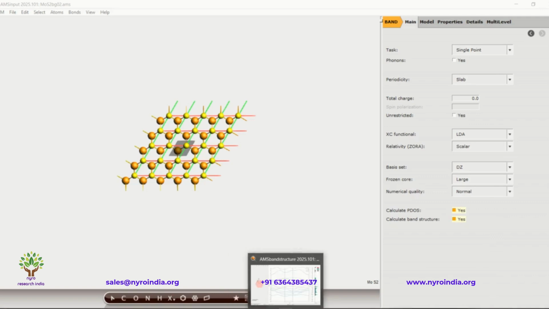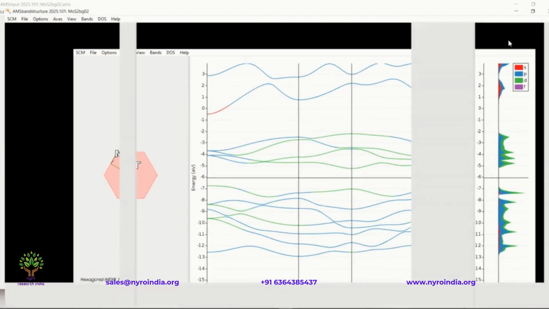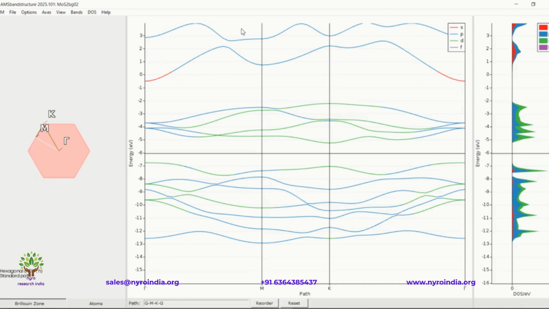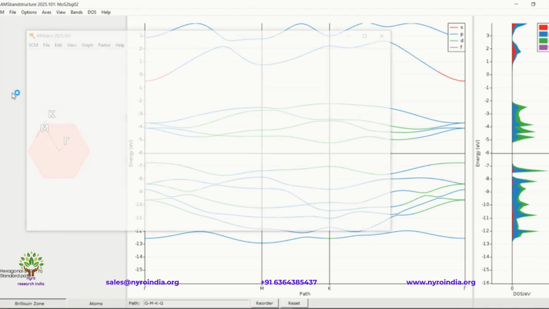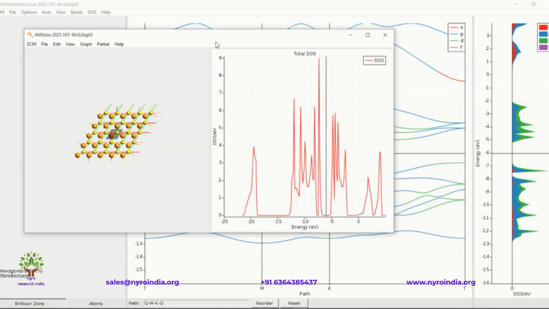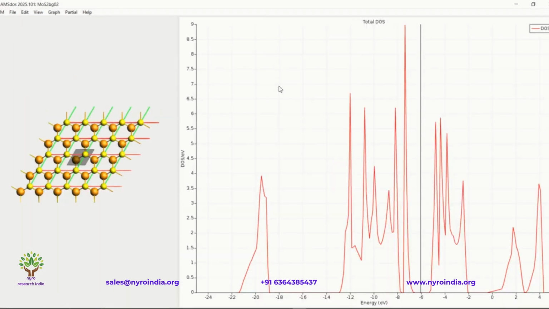Last session I covered the various properties related to band gap and density of state. Today I'm giving you the further analysis part of the density of state calculations, briefing the density of state analysis of molybdenum disulfide, which we have taken as the example, with the graphical interpretation. We performed the density of state analysis for this molybdenum disulfide using AMS band to understand its electronic structure, and